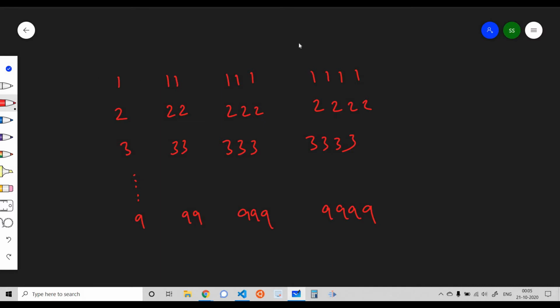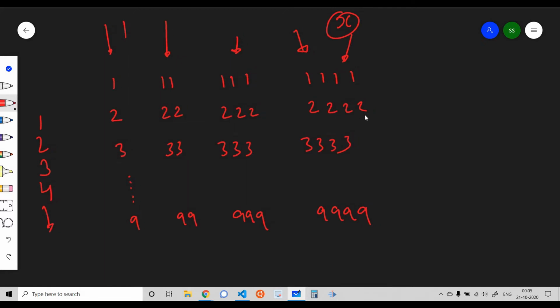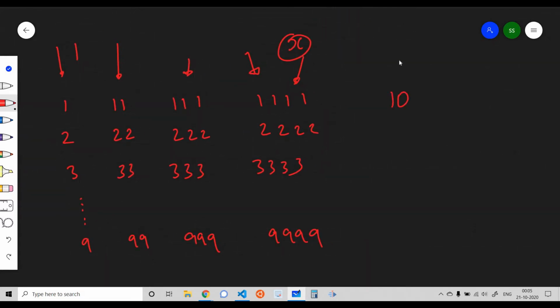Suppose the apartment number which we want to find out is this one, which is 4 times 1. First of all, we need to check this one. For that we need to press a key once. Then we'll check for this 11, and we need to press the key 2 times. Then we'll check for this number, press the key 3 times, and when we have reached this number, which consists of 4 digits, we will check it. So if you see, to check one row, we need to press the key 10 times.